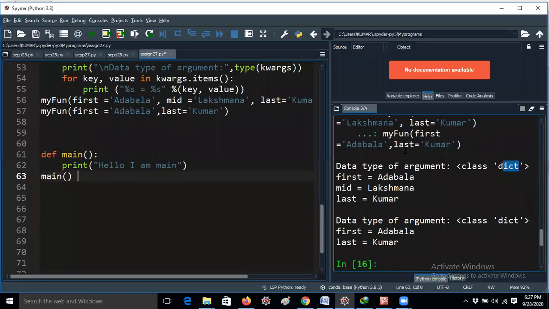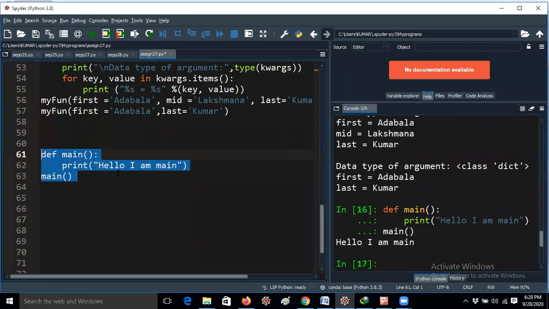Whatever you are telling, the answer is exactly correct, guys. Because in C language and Java, whatever it may be, a program can have only one main function. Okay, so here there is no main in Python. That's the reason I am creating main as a user defined function, and I am calling the main function here. The program works absolutely fine because there is no main in Python. Okay, so main here is just like a normal function. I'm running this program, and it prints hello I am main.